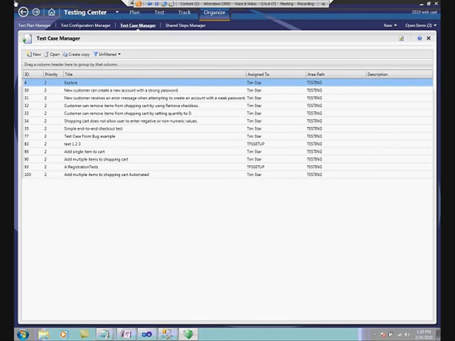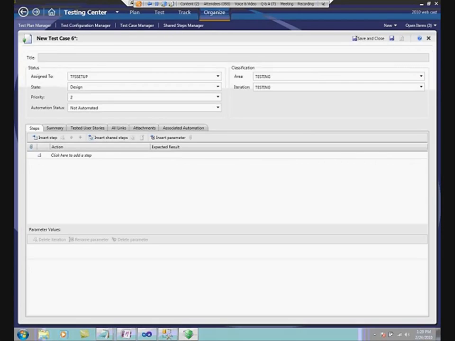Okay, here's one of many places where we can be creating test cases. Just a quick run through of what the process of creating a test case might be like. We're going to come back and